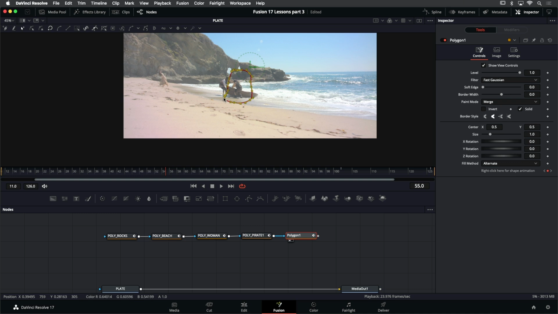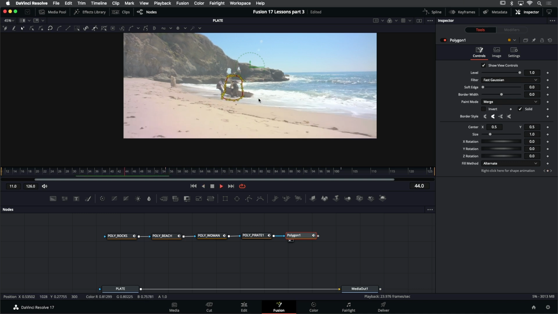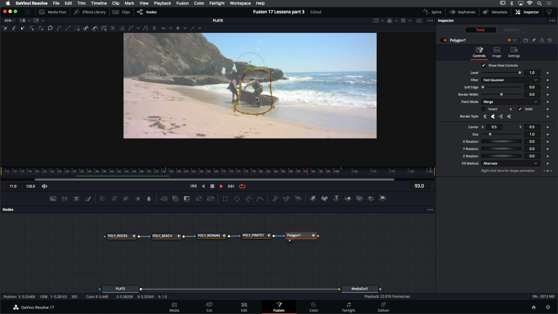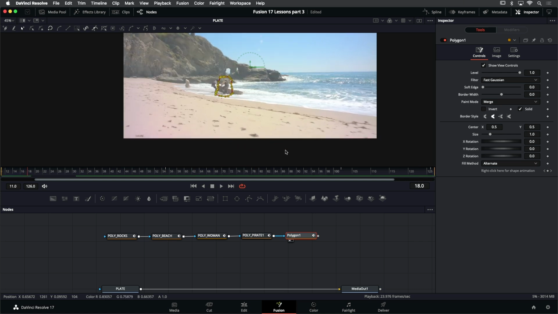Our polygon's getting a little bit big, so I'm going to go ahead and scale it back down. Yeah, that should work for our purposes. I'm going to go ahead and rename this last polygon to match the others. And last thing I'm going to do is view this polygon tree here to see what